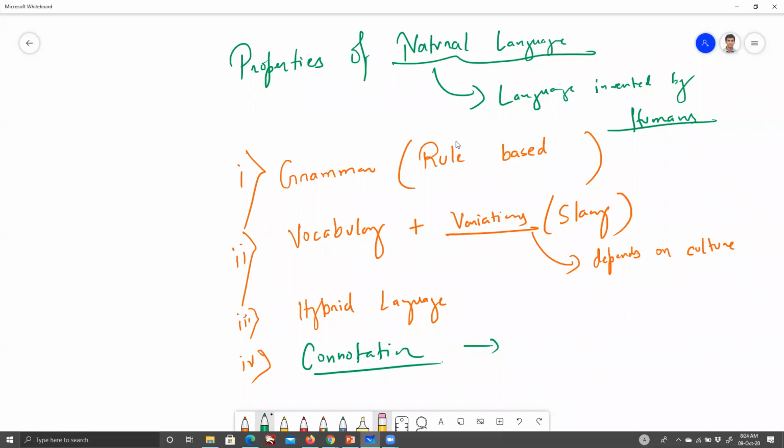The word positive? Sorry, I was just saying, can you think of two words which have almost similar meaning? In pure English they have similar meaning, but historically one has a positive connotation, one has a negative connotation. Just repeat the first line, sorry. Two words which are linked, isn't it? No, almost have the same meaning. Means if you look in the dictionary, the meaning is not really different, but historically one has a positive connotation, one has a negative connotation.